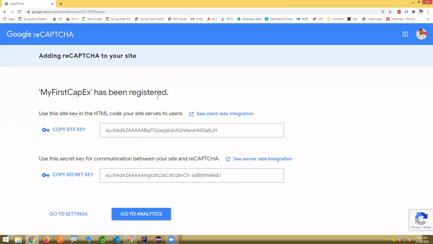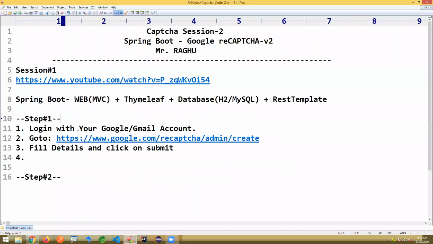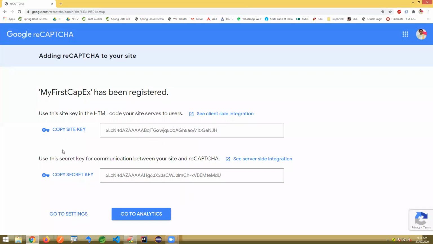The first one is done, I'm showing up to this step one. Copy the details of client and server side. I'll show the details also, I'm just keeping them as is. It provides a key called the site key, and a secret key.